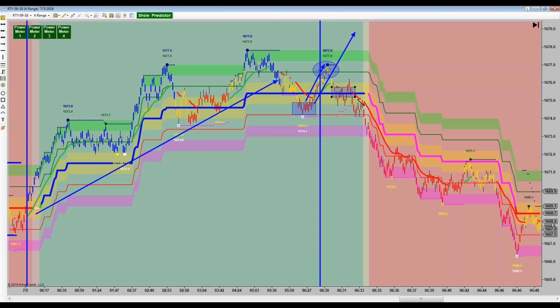Said put this box on here and let it go either way. Now, if you did that, you were filled long on the close of this bar. There was a head fake here that stopped out for a loss. Right here. Now, when this fills, by default you have a 12 tick initial stop. So let's do the math here so we can talk about how to deal with situations like this